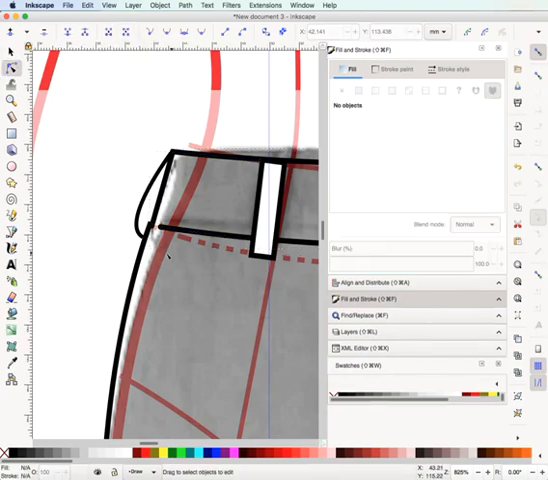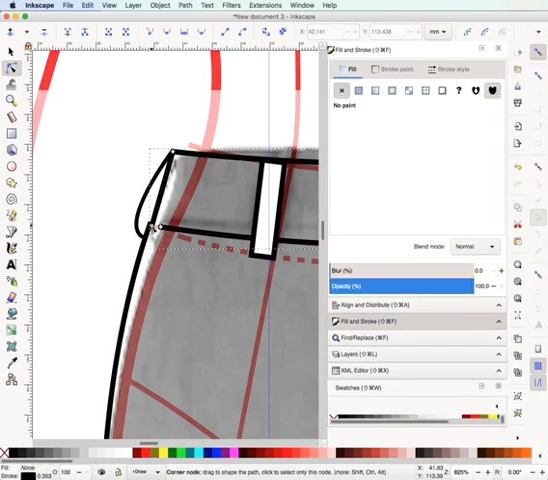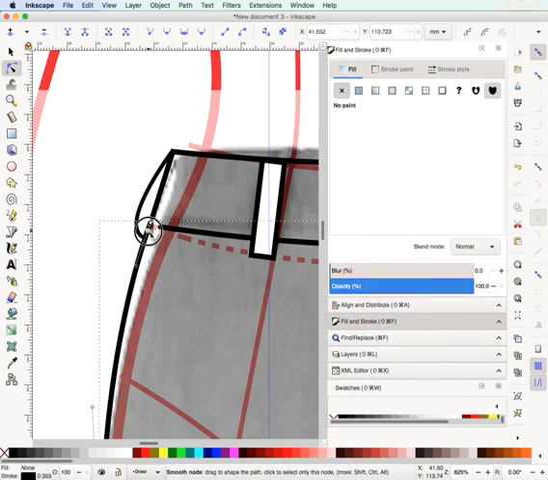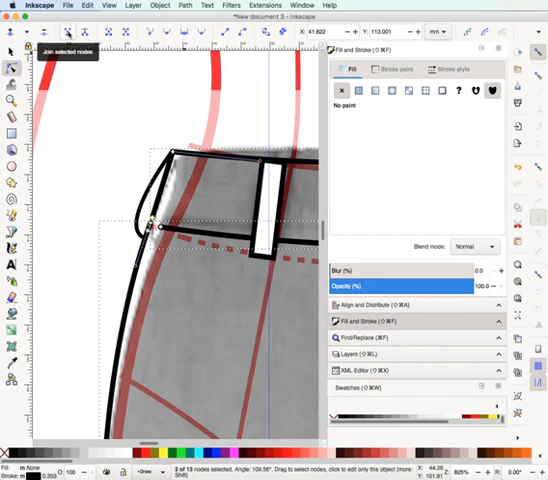And then what we're going to do here is join this endpoint to the side seam endpoint. So we're joining the top of the waistband to the side seam. So select both the points, drag a little marquee over them and choose the 4th icon along, join. So they're joined, and then we can just bring our